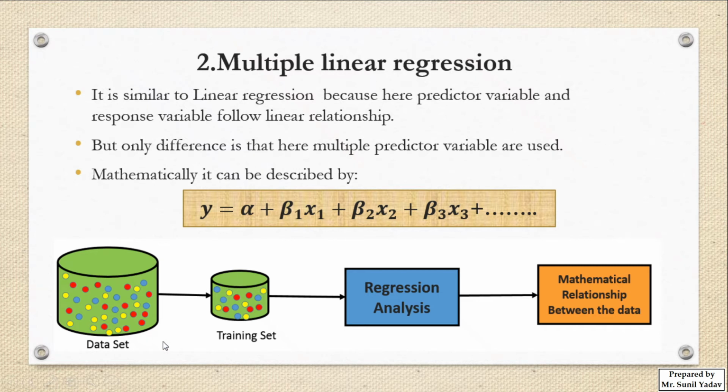Since we are already aware of this block diagram, in the previous example, inside the database only two types of samples were there, the red color samples and blue color samples. But here we can see three types of samples are available: blue color, red color, as well as yellow color. So we can say if y is the response variable or dependent variable, then it has two independent variables. One is the blue color sample, and another independent variable is the yellow color sample.